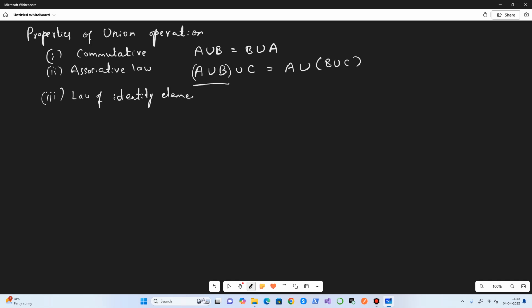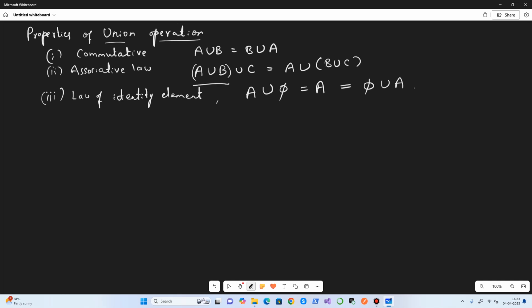Under the union operation, the null set is considered as an identity element. If you take any set and make an operation of union with the null set, you get the same set. It is the same as the null set union with that set.